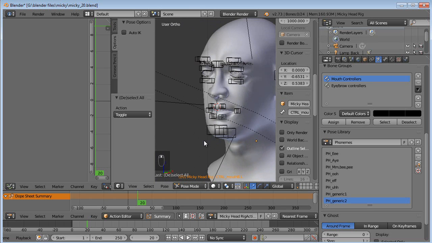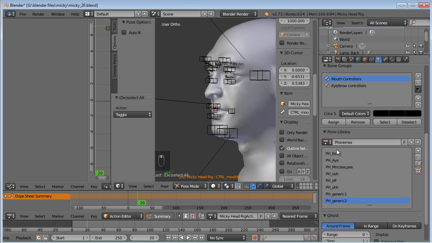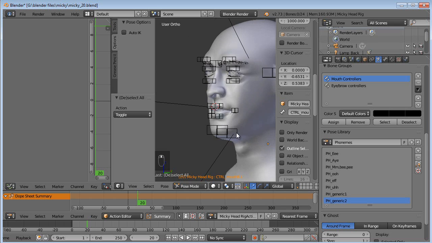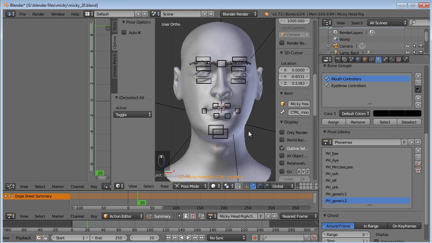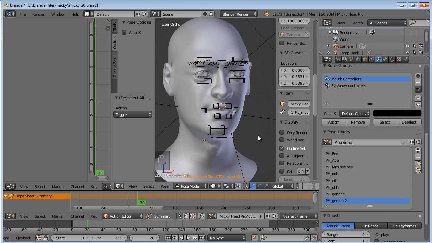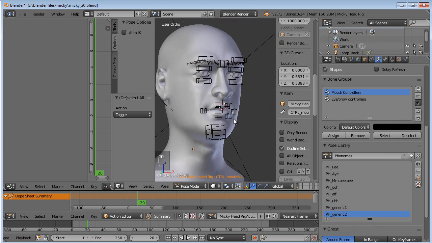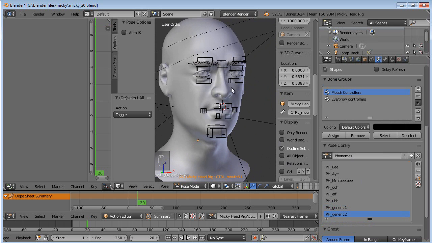You can go ahead and do that if you like, and add some shape keys for the tongue touching the roof of the mouth for the N, and then for the back of the teeth with the, and so on and so forth. But for the sake of time and this tutorial set, I'm not going to do those. These should give us enough to give a relatively believable lip